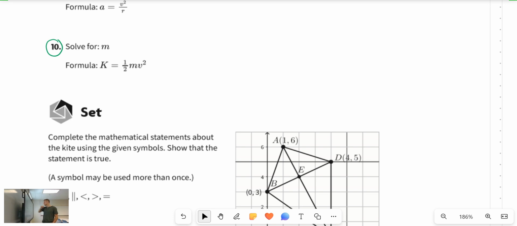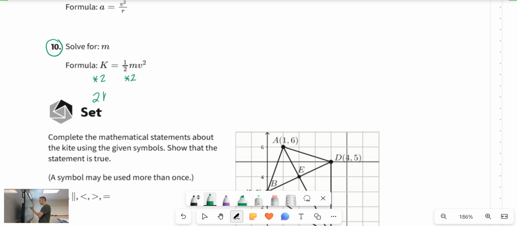And now finally, solve for m. K equals 1/2 mv squared. So this is kinetic energy equals 1/2 of the mass times the velocity squared. I do know that one. So K equals 1/2 mv squared, solve for m. Let's get rid of the 1/2 first. We'll multiply by 2 on both sides. We get 2k